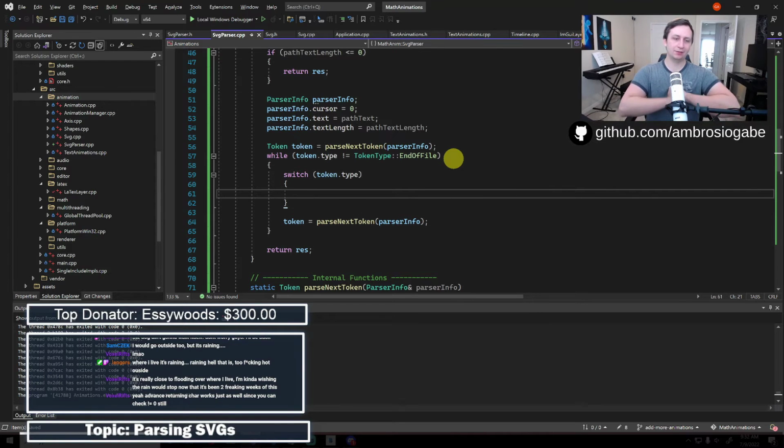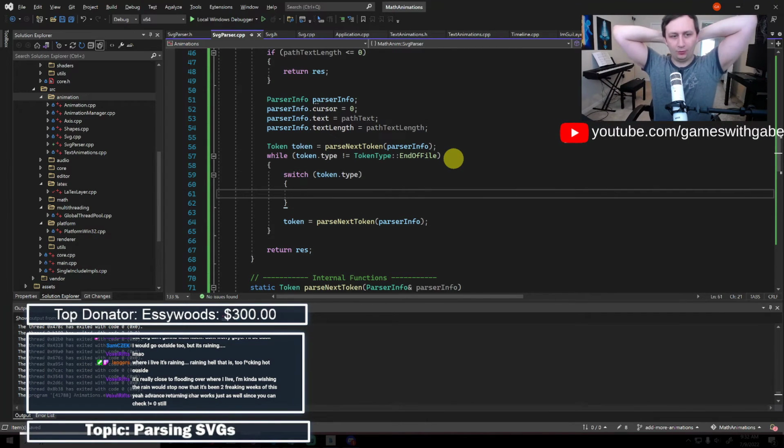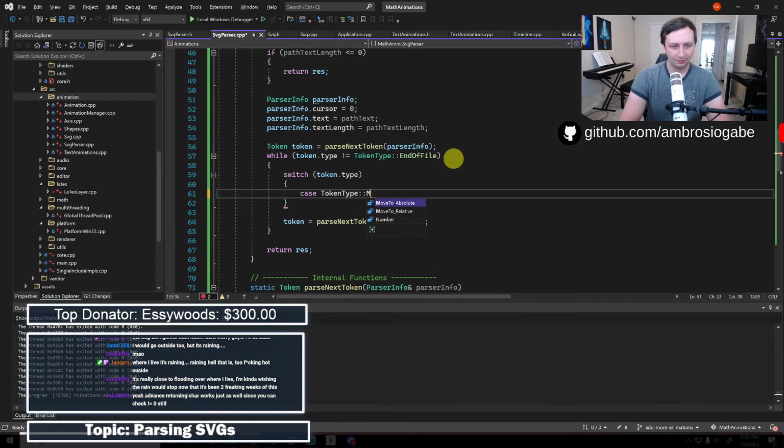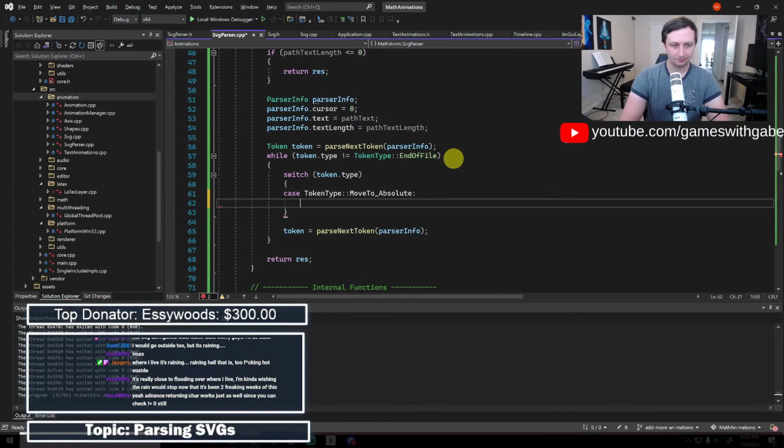Oh, and then we'll have to do a little bit extra here. So I can't quite do it this simple. Well, actually, maybe I can. It doesn't really matter too much. Yeah, okay, this works fine for me. So we'll switch on the token type and say case token type move to absolute.